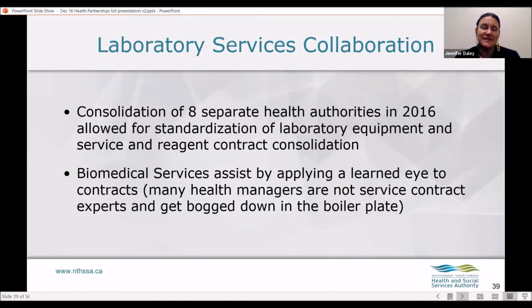So in 2016, the Northwest Territories engaged in a monumental consolidation of services, which allowed for the consolidation of 8 separate health authorities. The advantage to this consolidation actually allowed us to have better standardization and to leverage the existing staff. So rather than replicate work that was being done independently, we allowed for expertise to be centralized and then more efficiently shared with each of our health centers. So as the slide states, this did allow for standardization of lab equipment, but also for consolidation of diagnostic imaging services and equipment. So biomedical engineering or clinical engineers were very helpful to us by applying that learned eye to